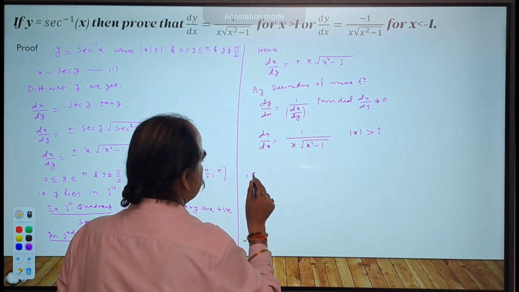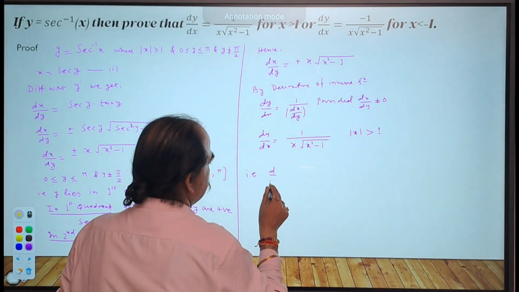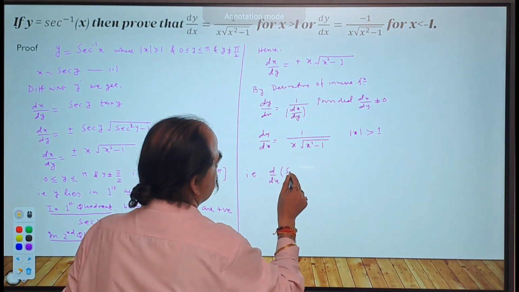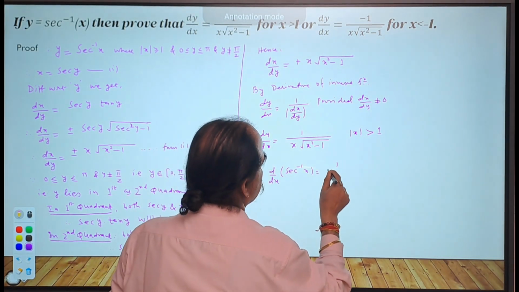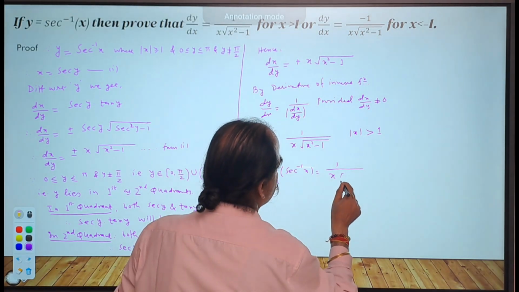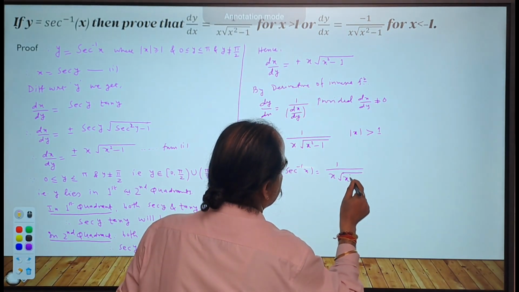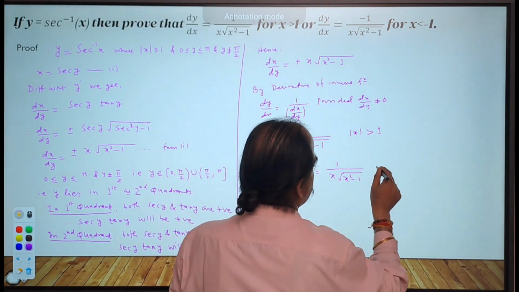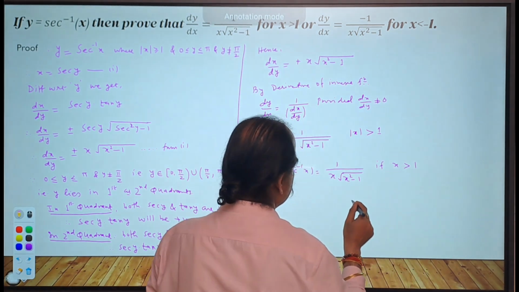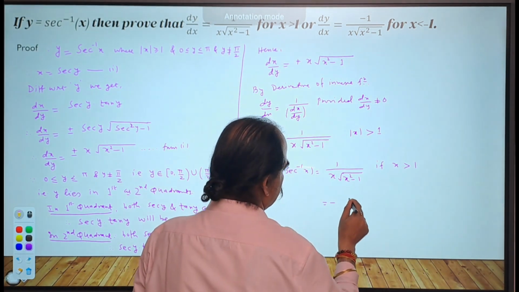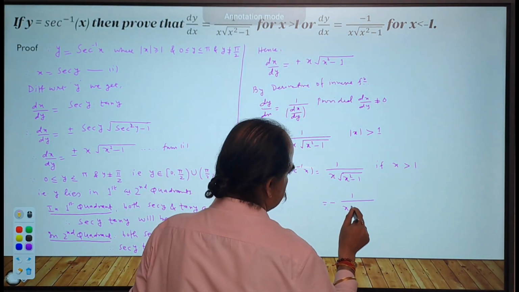That is d by dx of sec inverse x will be 1 upon x root x square minus 1 if x is greater than 1, and equal to minus 1 upon x root x square minus 1